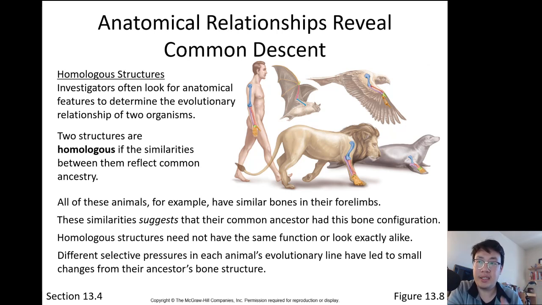And because of that similarity, we also develop similar limbs or similar functions of limbs. And so when we see a very similar type of limb or a similar makeup or buildup of the limb itself, this is what we call a homologous structure. It's just a structure that's very similar. It's probably because we came from a common ancestor. And so here are some examples of animals that have very similar bone structure as us.